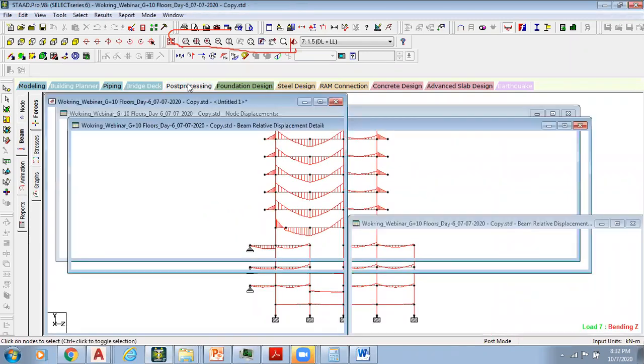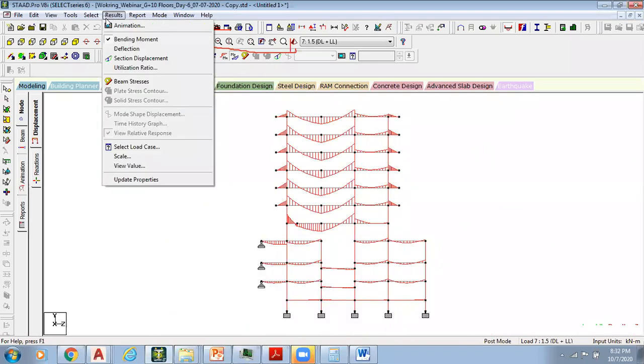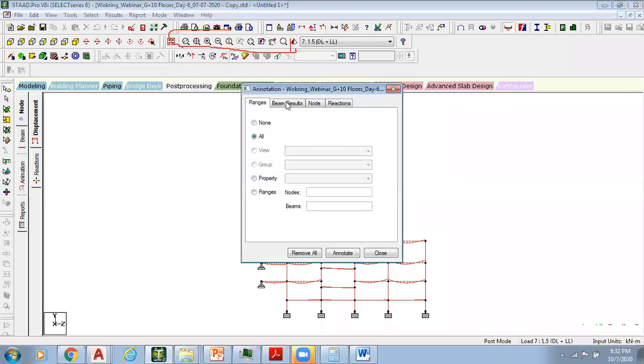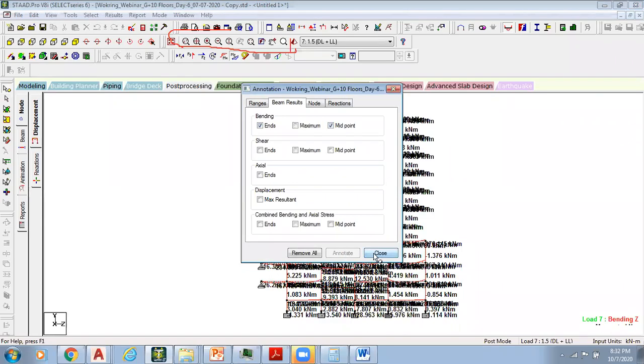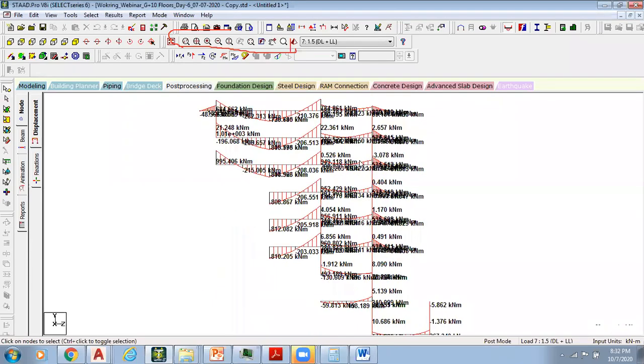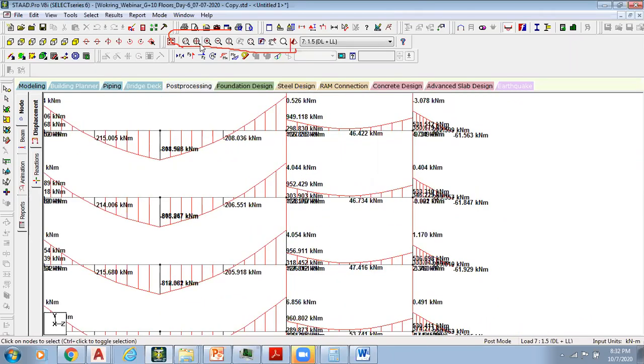Right? Post processing. Okay, this one, Mz, and I can go to Results, View Values, Beam Results, Bending, end point and then midpoint, annotate, close. I can now see it. If I want to see any values particularly, again I can go to this dynamic window.